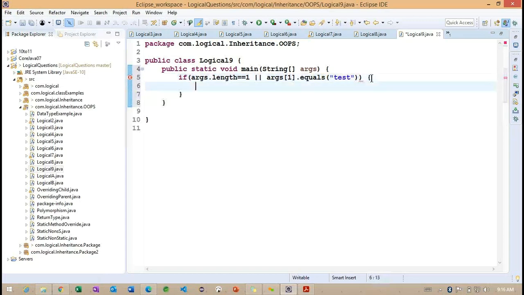So we are having two conditions here. Either length equals 1, or the object at index 0 equals test.